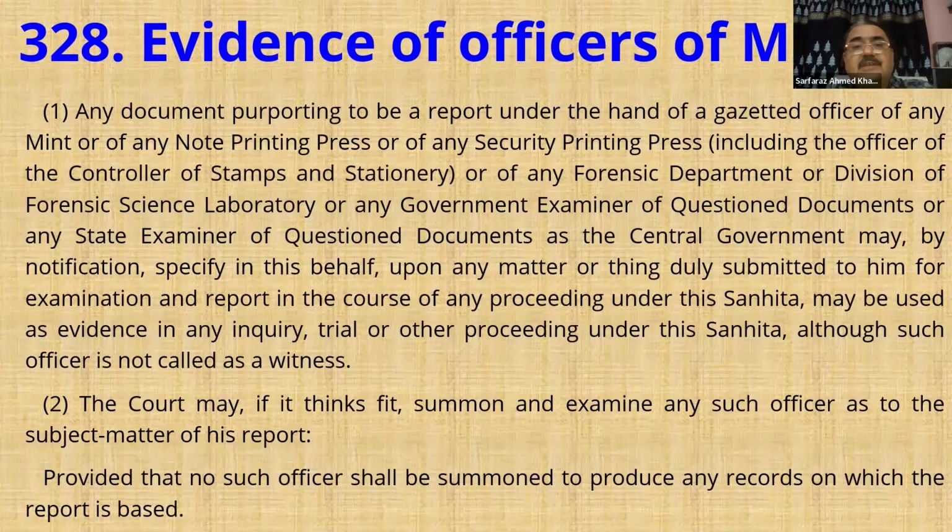So 328 says evidence of the officers of mint: any document purporting to be a report under the hand of a gazetted officer of any mint or note printing press. So these mints are where the coins, notes or stamps, etc. are being made, security printing presses, etc. How their officers can come and give evidence. Remember, their evidence becomes important